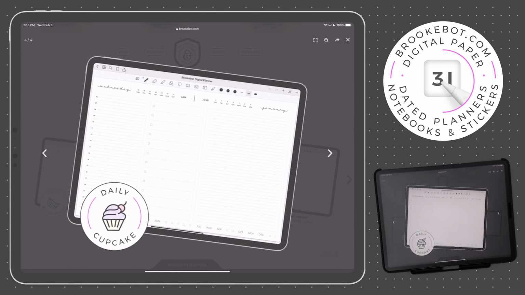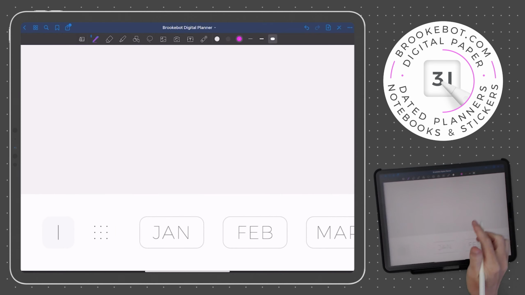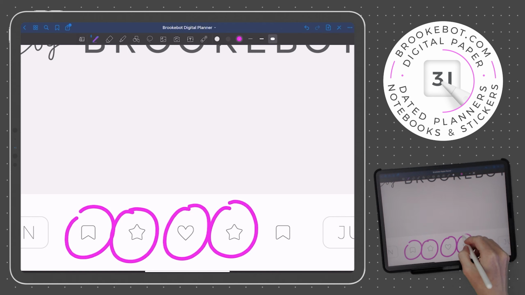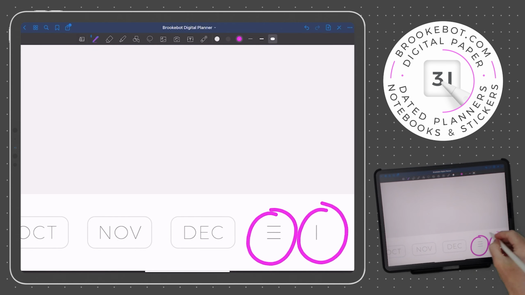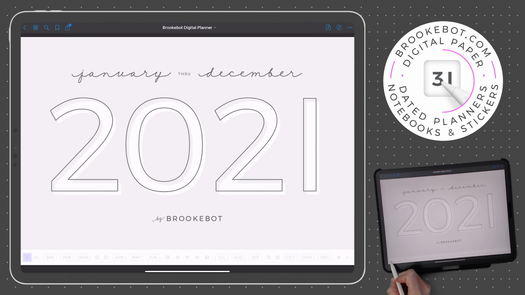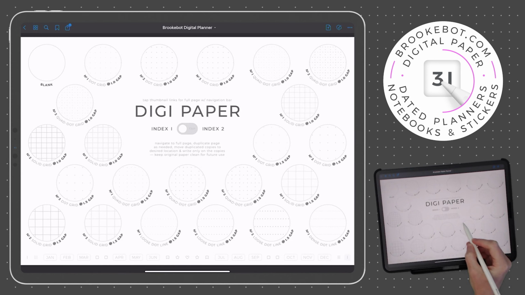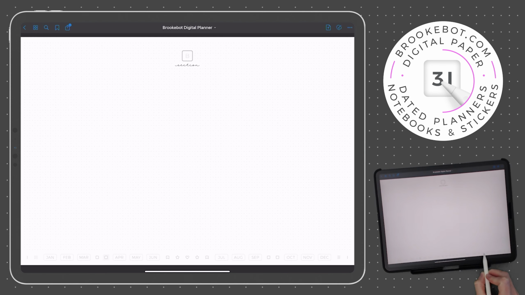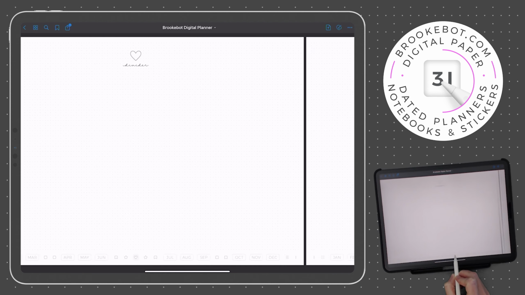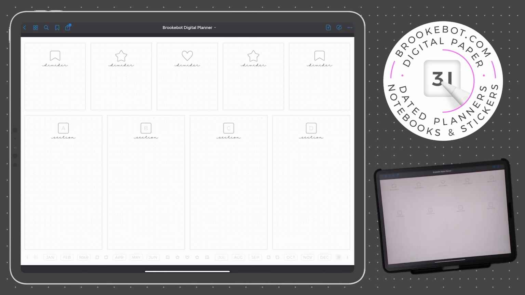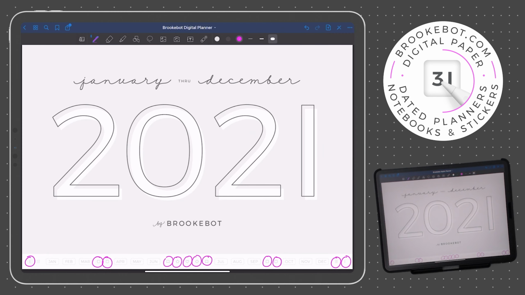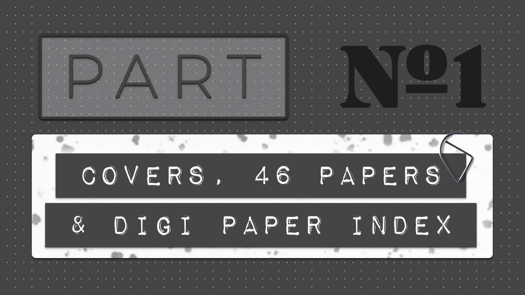What we did not go over in either of those videos were these other links down here in the navigation bar. These buttons lead to the supplementary pages of your planner: the front cover, back cover, which doubles as a DigiPaper index, 4 storage sections, 5 bookmark dividers, and the navbar index. So in this video, we'll tap on all of these links to navigate through these helpful pages in your planner.